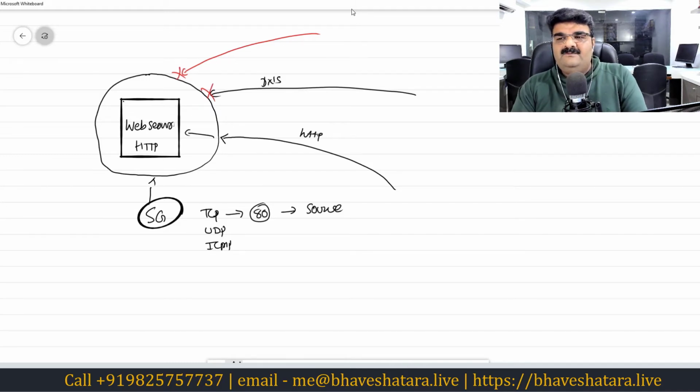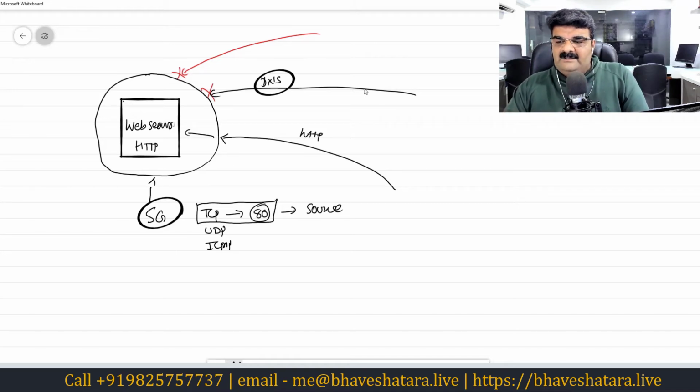Now whenever someone is requesting the DNS, it will find out that this is a TCP packet, good, but the port number is 53, so I'm not going to allow this. This is like an FTP packet, or it is like a UDP packet, I'm not going to allow. I'm going to allow only one port and one TCP protocol. You must be TCP port number 80, then I can allow you. So this is how the security group is used to protect your server.